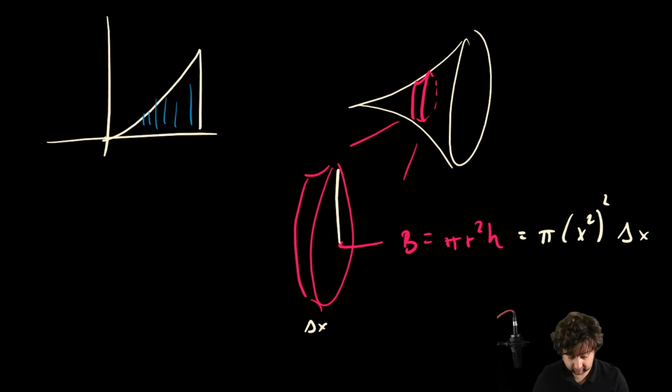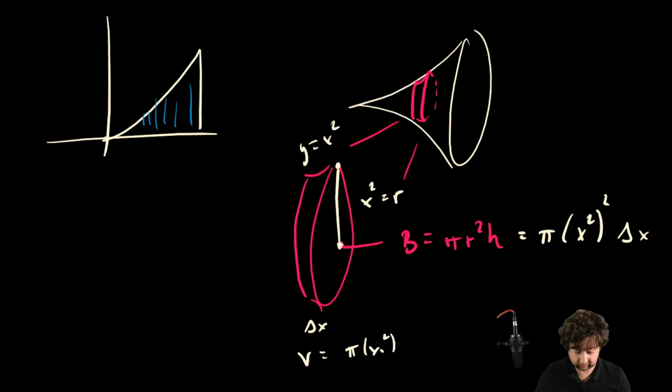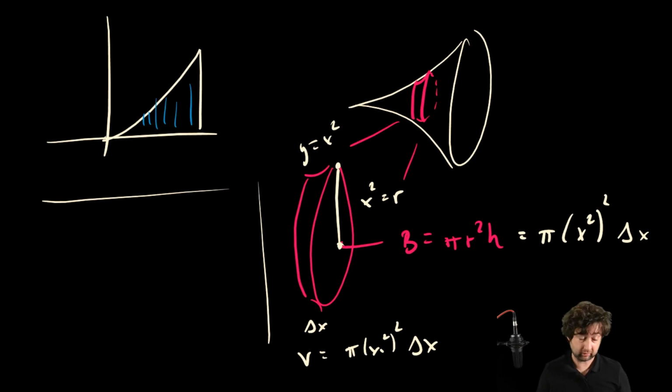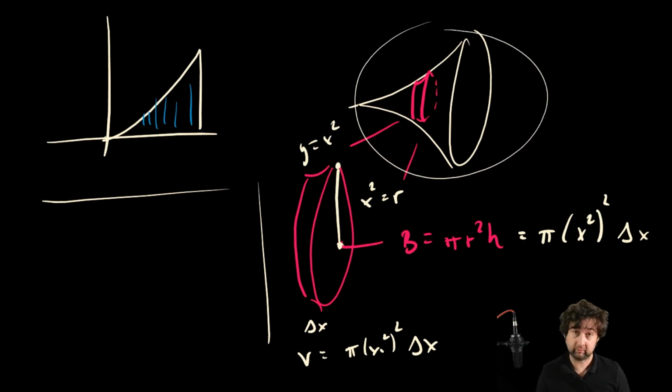This radius right here is equal to x squared. That's the radius because we go from 0 up to the function. And so the volume of this thing is equal to pi x squared squared delta x. If I want the volume of the entire shape then, so the volume of this thing, the entire shape, is going to be,